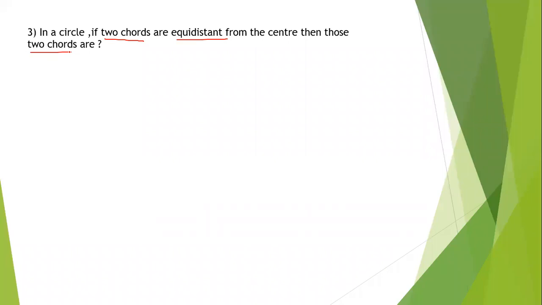So for understanding this, let us take the help of a figure. In this figure, you can see two chords. And the chords are chord AB and chord CD. Okay. And both the chords are at equal distance from the center of the circle, that is point O. So the distance of chord AB from center O is OM. And the distance of chord CD from the center is ON. So both these distances are equal. So what can you say about these chords? These chords are equal. This we have done in one of the theorems.